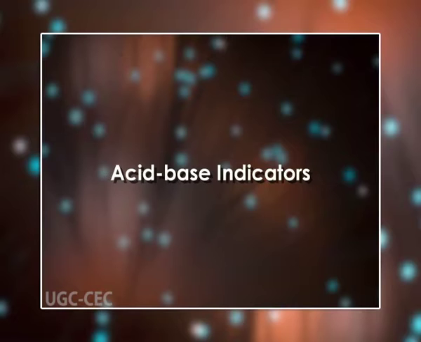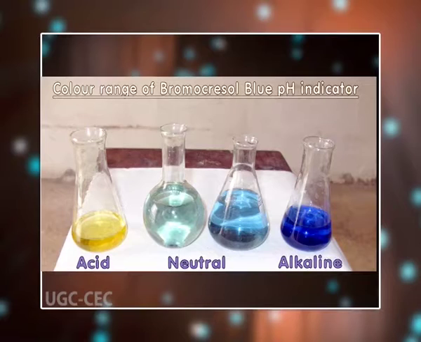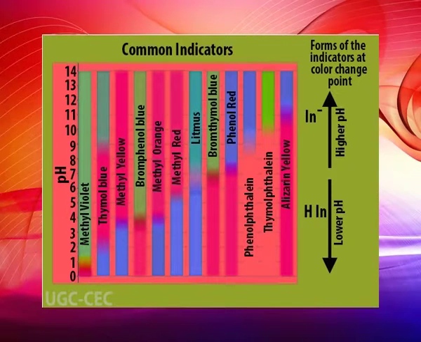Now, the next important point is what acid-base indicators are and how they are helpful. An indicator is a large organic molecule that works somewhat like a color dye. Whereas most dyes do not change color with the amount of acid or base present, there are many molecules known as acid-base indicators which do respond to a change in the hydrogen ion concentration. Most of the indicators are themselves weak acids. A variety of indicators change color at various pH levels. A properly selected acid-base indicator can be used to visually indicate the approximate pH of a sample.